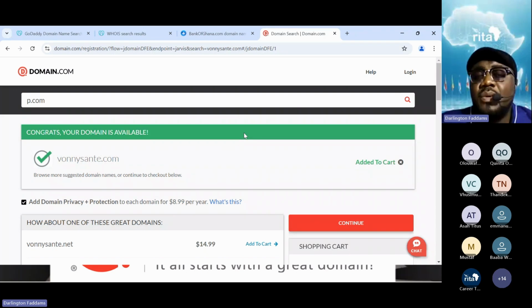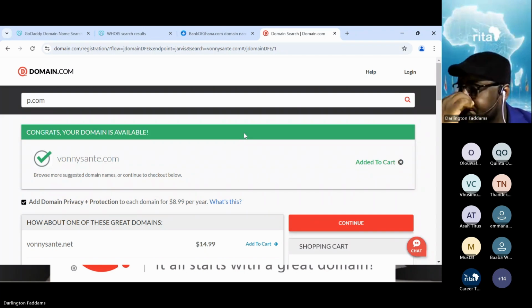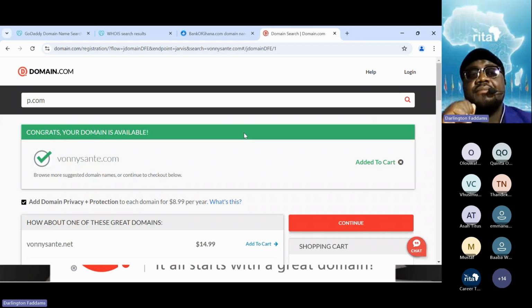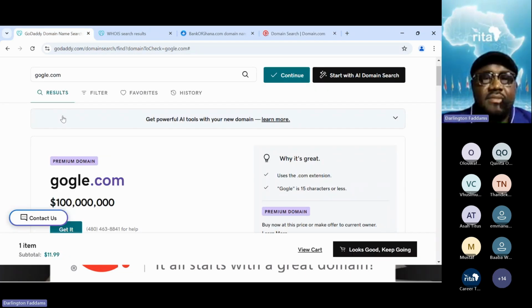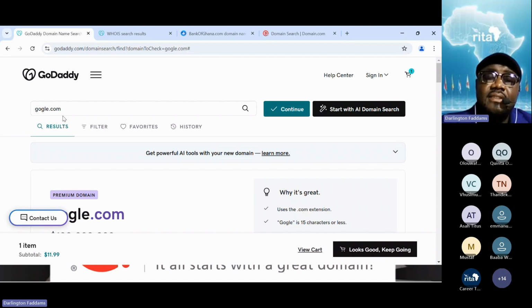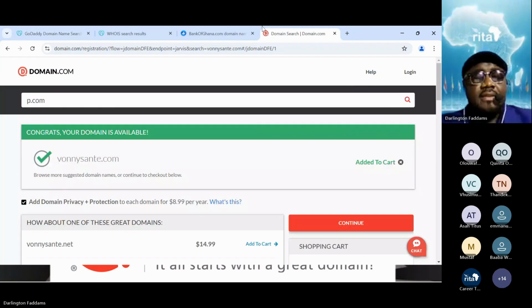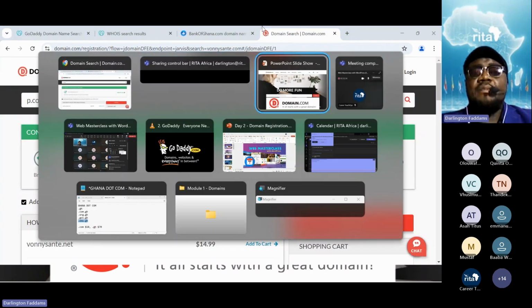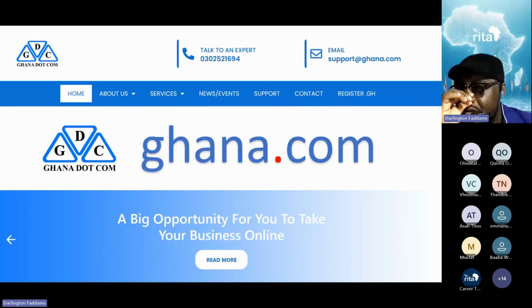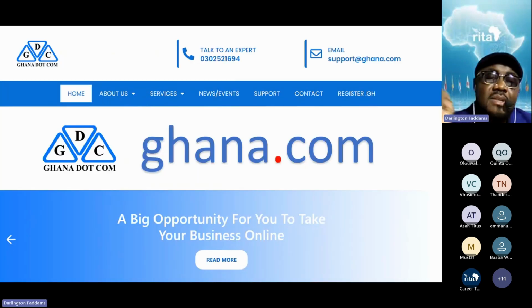I'll talk about a third one, and then we will try buying a domain with GoDaddy. We'll just try. We will not go through with it. Then I'll use it to explain certain things. So apart from domain.com, I'm going to talk to you about another company called Ghana.com. Please type it in the chat. For Nigeria, there's going to be another company, but please type Ghana.com for me in the chat, and I'll explain what is done on Ghana.com.